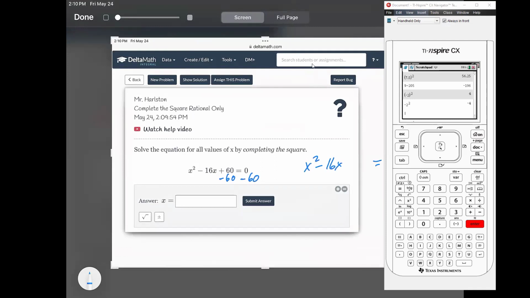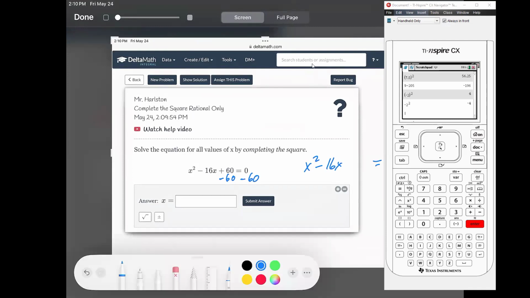And then I am going to take half of the middle term. So that's going to be a negative 16 divided by 2, which is going to be a negative 8. And then I'm going to take a negative 8 and square it. That gives me a positive 64. So that's what I'm going to add to both sides. So now this can be factored. X minus 8 squared equals a negative 60